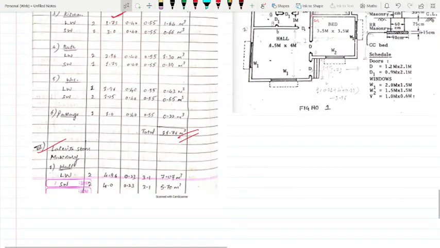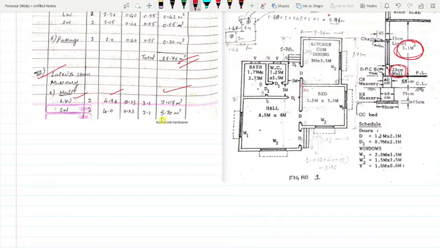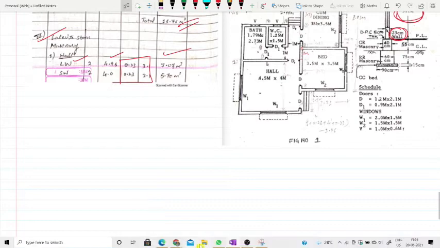So for laterite masonry, just see what we do. Long wall, again same thing, 4.96 meters. Now the breadth is 0.23, means 23 centimeter wall, and height is 3.1 meter. That is full, we have to take, up to the bottom of the ceiling. So again quantity 7.07. Here also again the same thing we have to take. Got it? Okay.